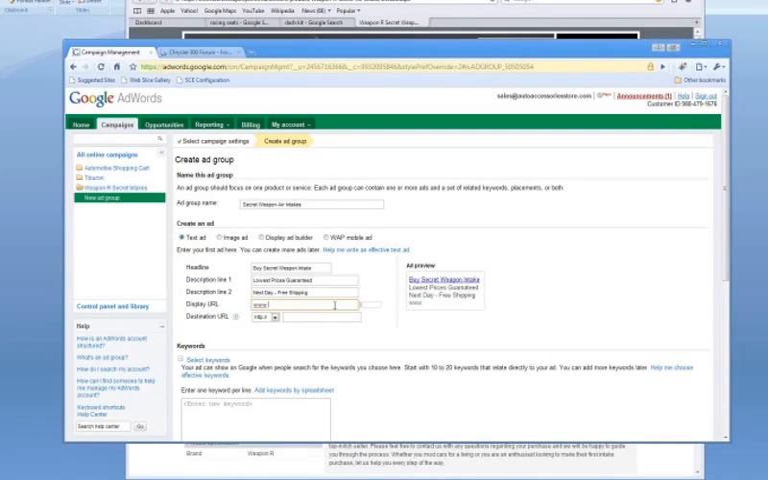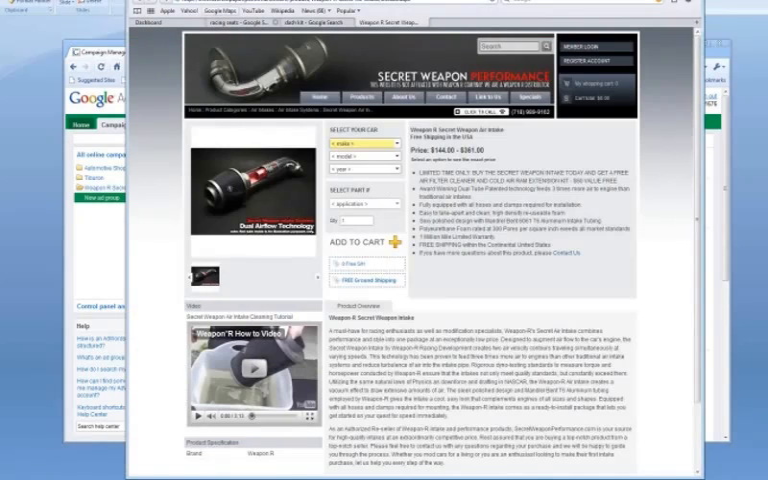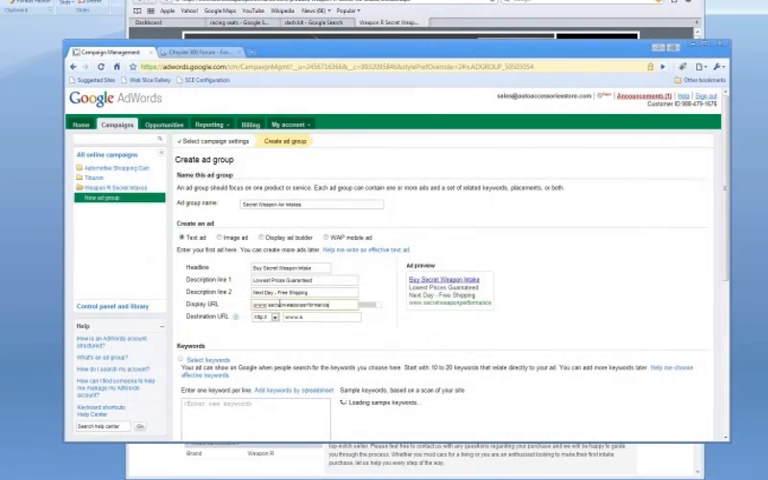Display URL is also just more keywords and how to target. So I guess we can just do, we'll put secret weapon intake. Weapon. Oh, I can't even put it in here. Whatever. I'll just use the same one. Now,